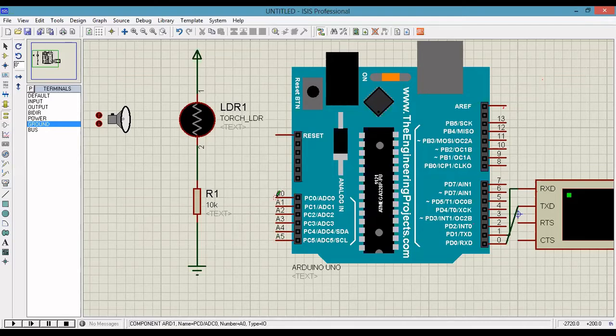Now I am selecting the A0 pin. A0 means analog 0. D0 means digital 0. So I am selecting the analog pin. This is all about the connection of the LDR circuit. So this circuit is used